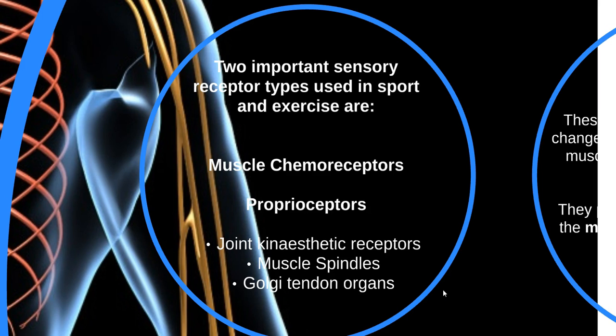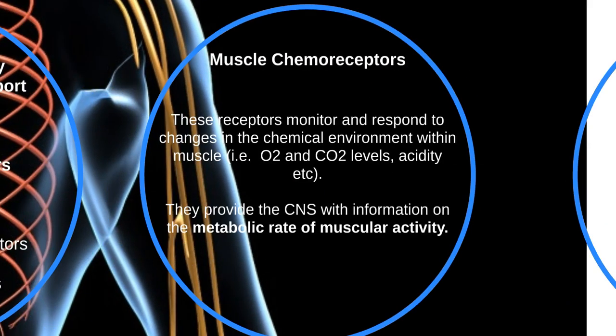These are sensory receptors in the body that monitor the levels of chemicals that are floating around our bloodstream or within our muscle. And the other ones we're going to look at are proprioceptors, which are found in our joints, muscles, and tendons, and these are the guys that keep us safe during exercise. They allow us to do movements safely and not cause potentially harmful injuries. So chemoreceptors,